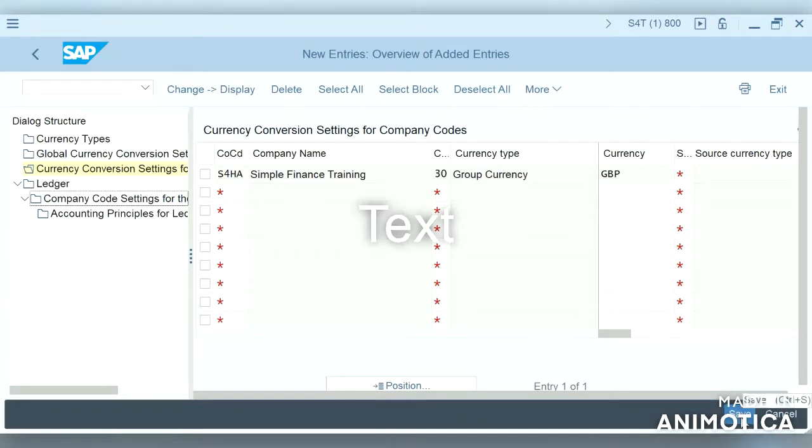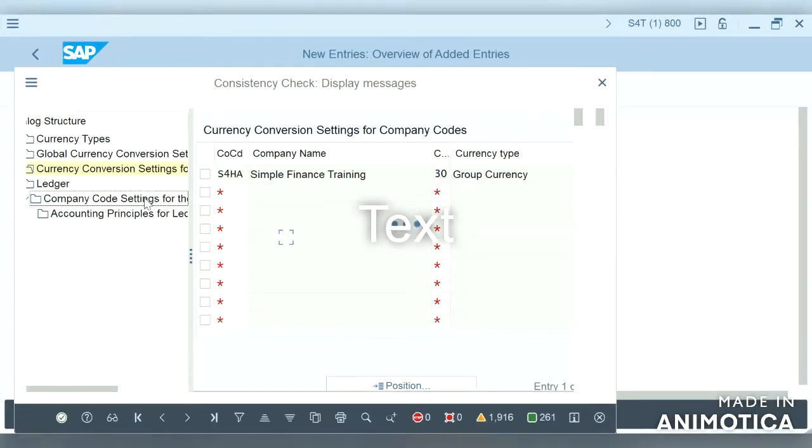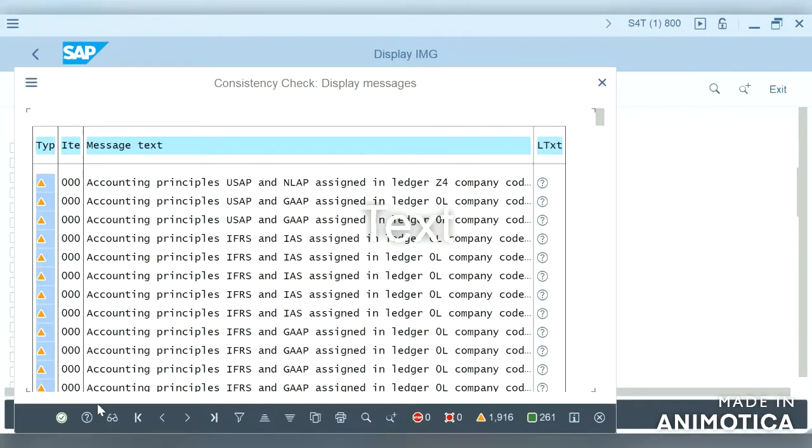That's why it was showing there in the company code settings. So if we want a new currency, we can create it here so that we can assign it to our company code. You can see these are all warning messages. There are no error messages, so we can just save it.